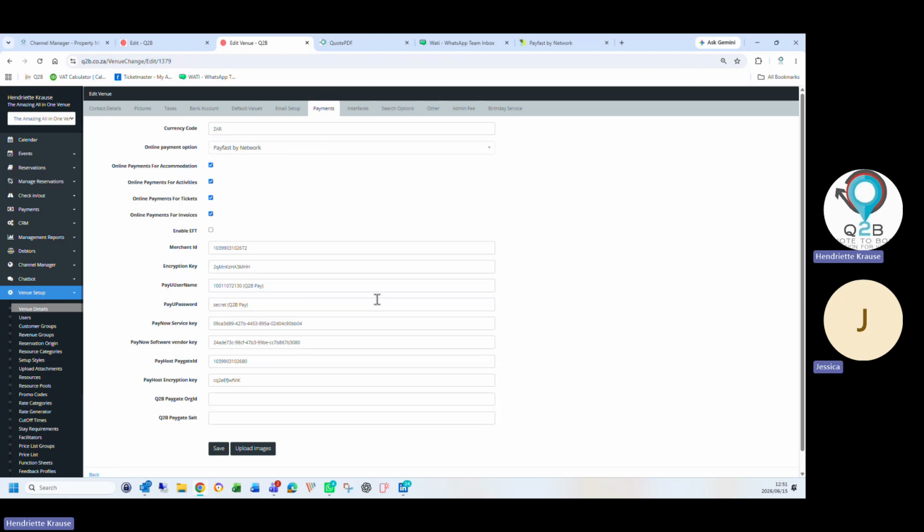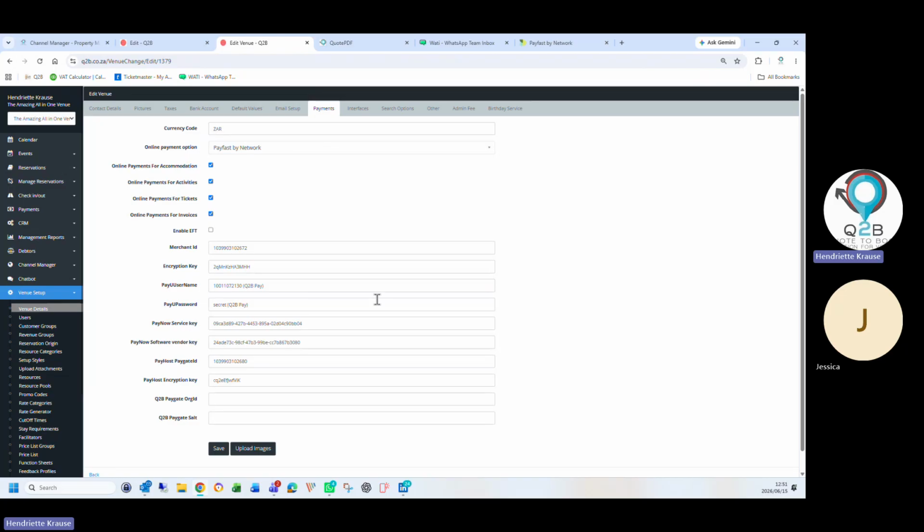We're not developed like that. We don't take any of your commissions. You pay the bank directly. So you'll see as well in our commission structure, it's a 2.8 that they take from you, the bank. They don't take more. It's 99 Rand for your merchant account per month. And on the SIT payments, it's 1.5%.